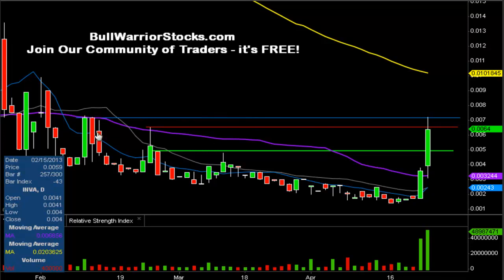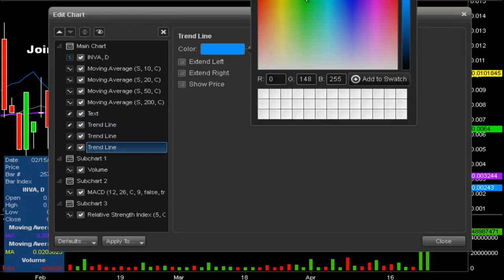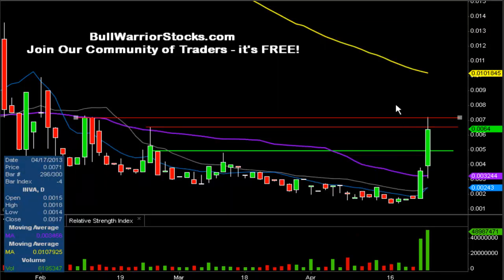And then the other level of resistance comes from these two highs over here, and that is at 002 or 0072, and the high was actually at 0072. So a great example of a chart forecasting where that resistance is going to be. I'm going to leave these lines both skinny, and we'll just call this a resistance zone up here between 0064 and 0072. So this is the current resistance zone, and then after this, lots of potential, and I would probably